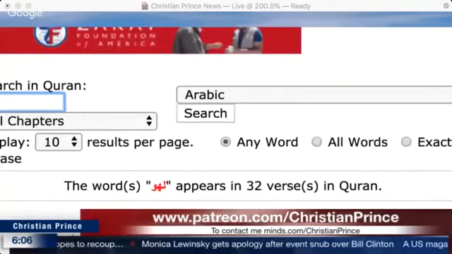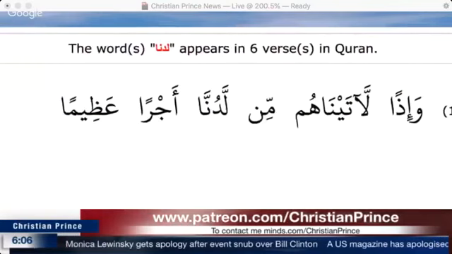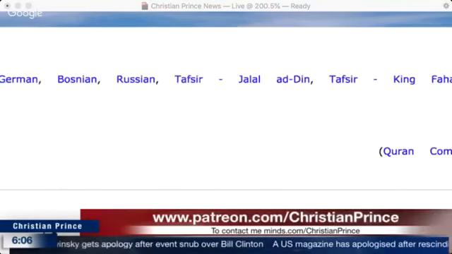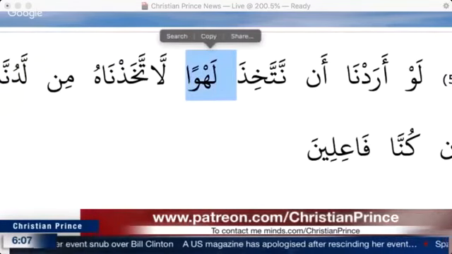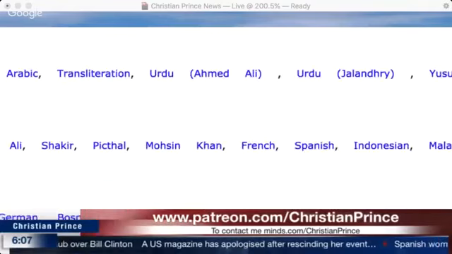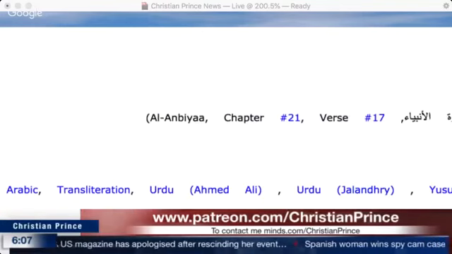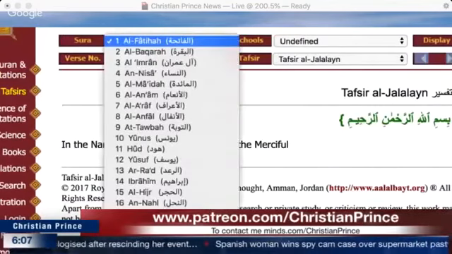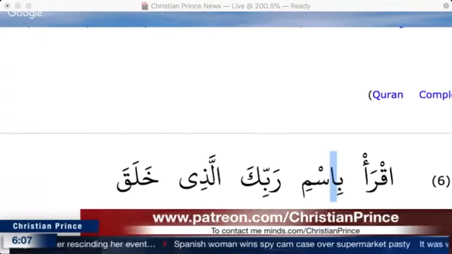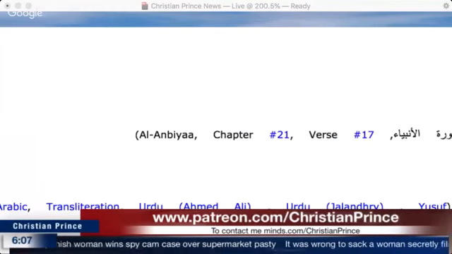If we go in the Quran here, "لو أردنا أن نتخذ لهوا لاتخذناه من لدنا." If we want to take fun, we will take it from our kind. If we go to the interpretation, we find that Allah is saying that if we want to take women for sex, to have a child from her, then we will take it from the virgins, the black-eyed houri, and the angels, right? Chapter 21, verse number 17.